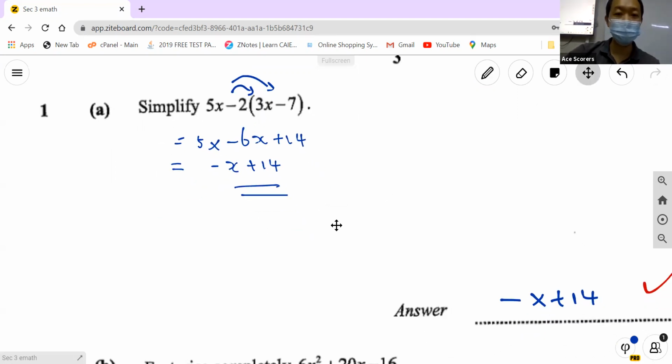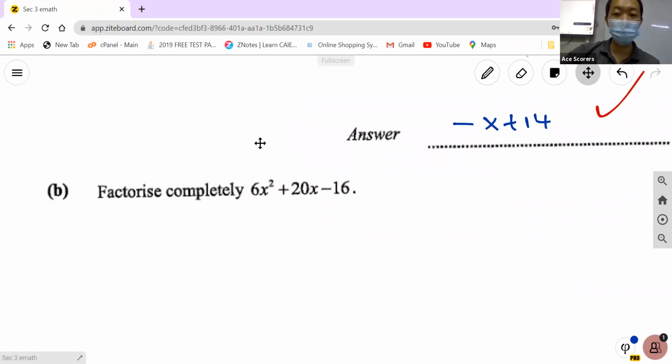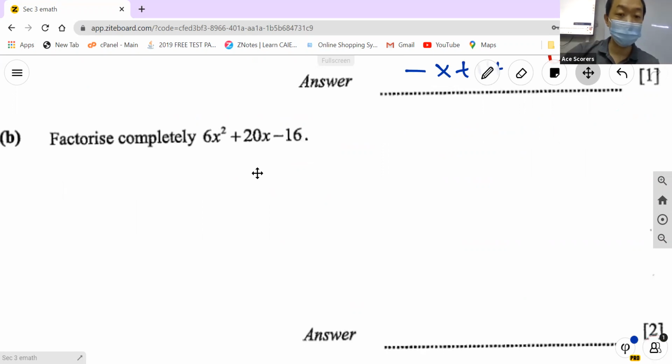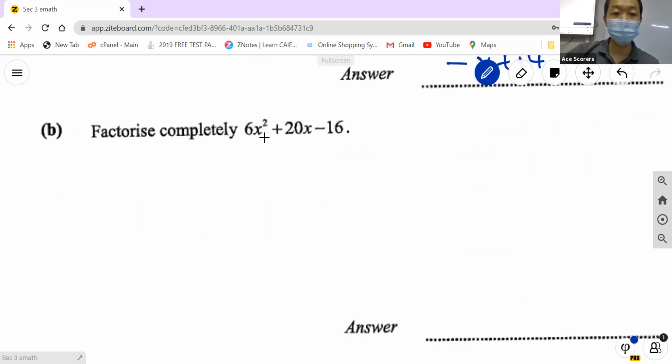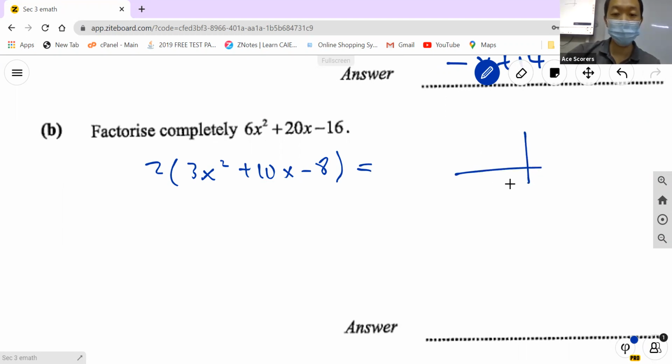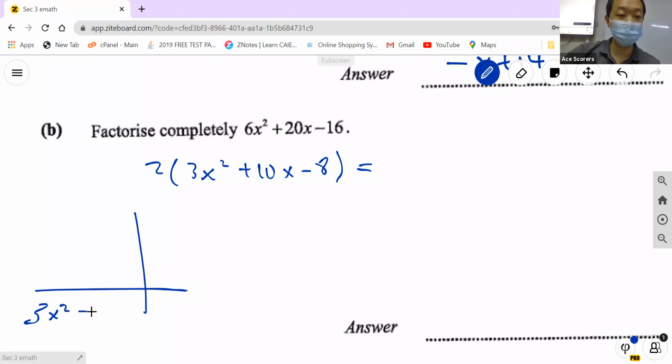Next, factorize. For factorization, what we have to do is you can actually take out a common factor first, which is a 2. So we are left with 3x squared plus 10x minus 8. Once you have this, we do this thing. Let me find another space. Over here, 3x squared minus 8